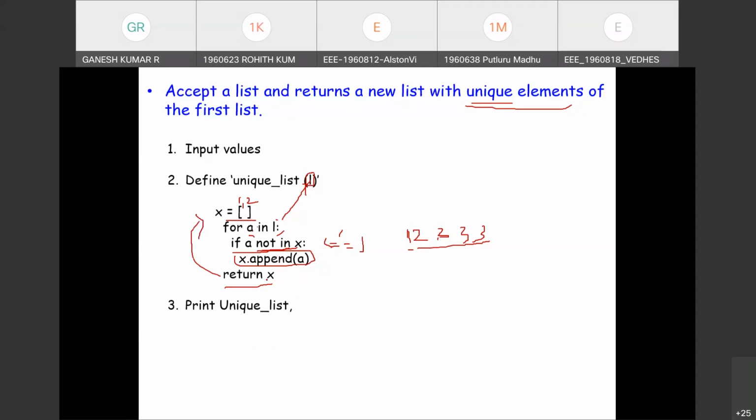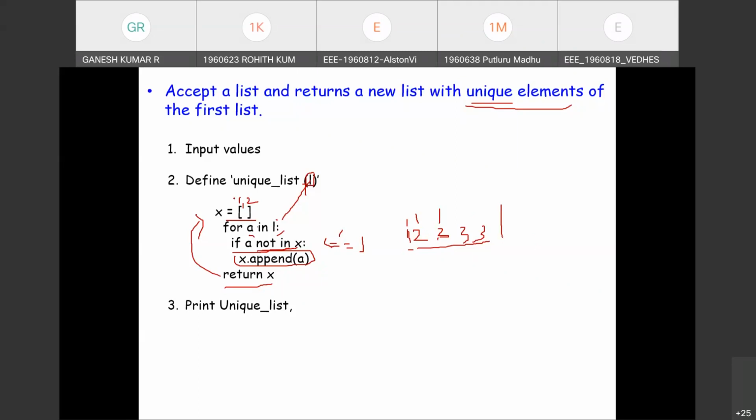It will not append when the condition fails. Right? So the first element is compared with the second element. If it is unique, it will be added. Second and third compared, unique, added. Otherwise, the third element is compared, unique, it will add. Otherwise, the fourth element. So till the end of the list, it will be done.